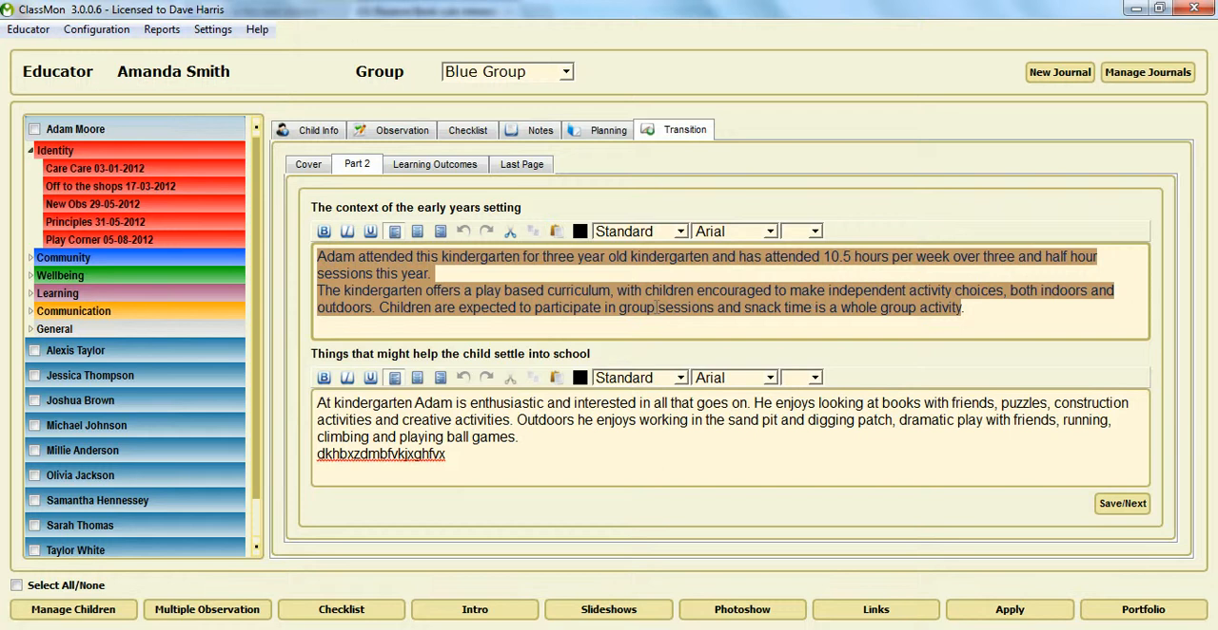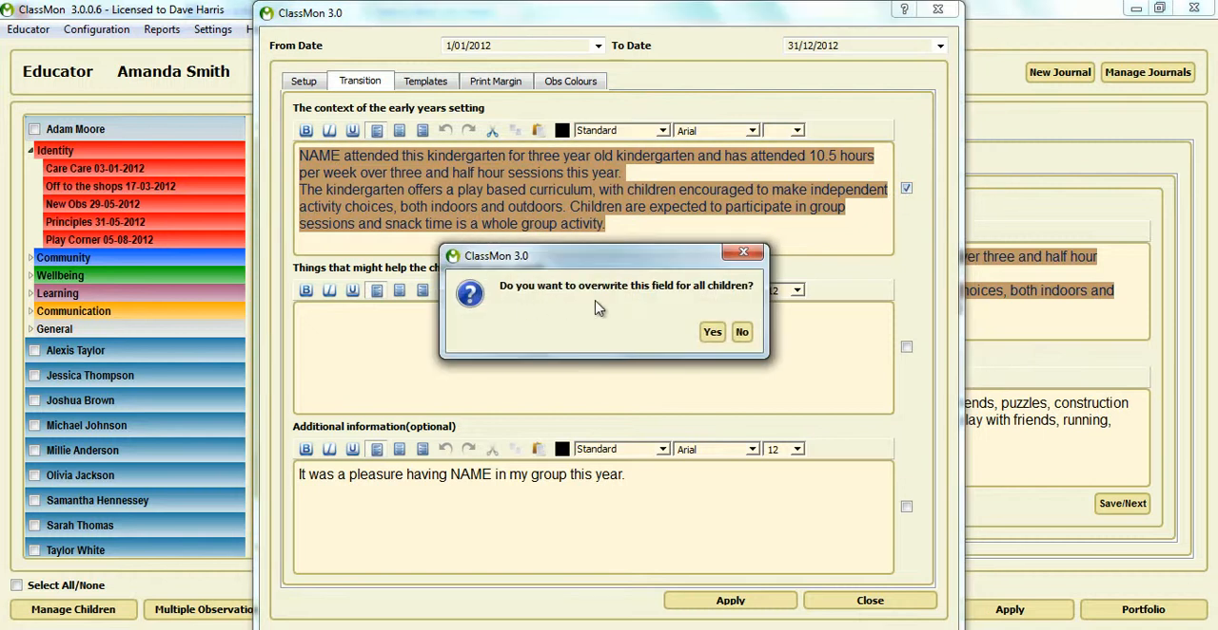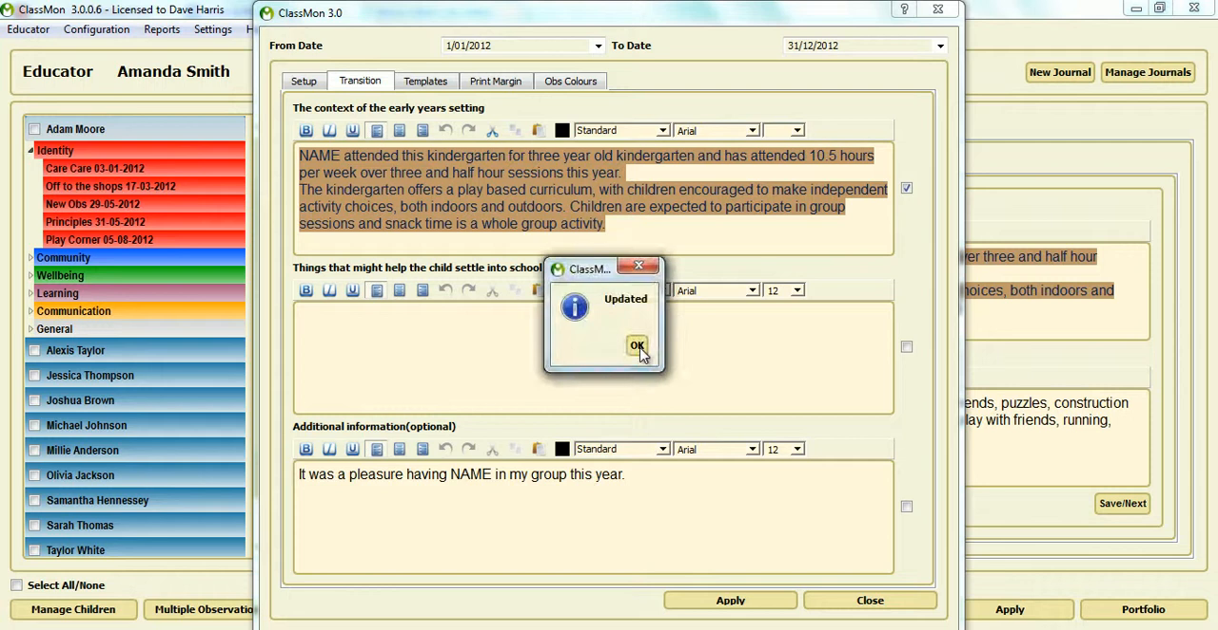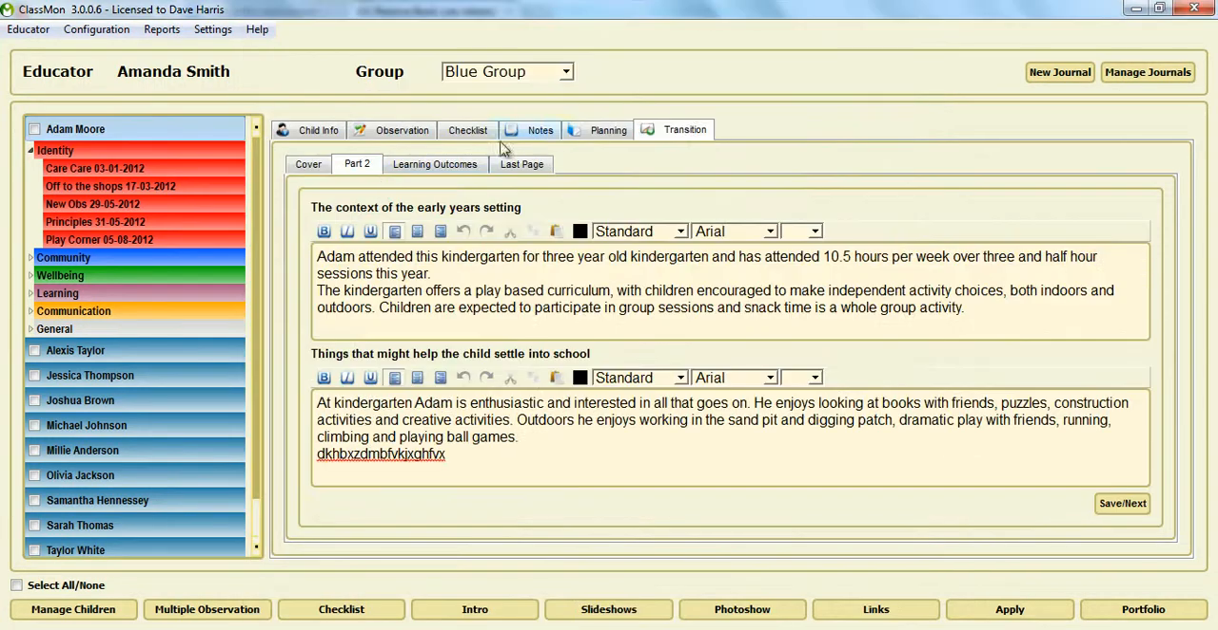If you have just got one generic comment, but you have gone through and clicked on some of the boxes, or you started typing into some of the children's fields, then go back to Settings, School Center, Transition, write your comment, and if you're very sure that you want to overwrite that box in every child's field, then just click this tick box here, and it will ask you, do you want to overwrite this field for all children? And you say yes, and that will push that comment through after you hit apply to every child, and there